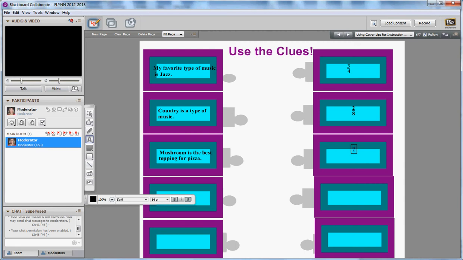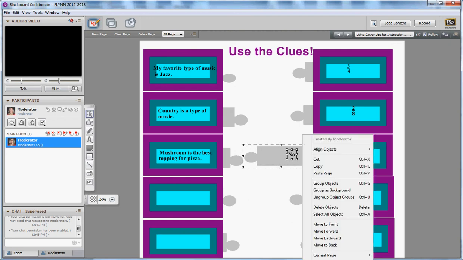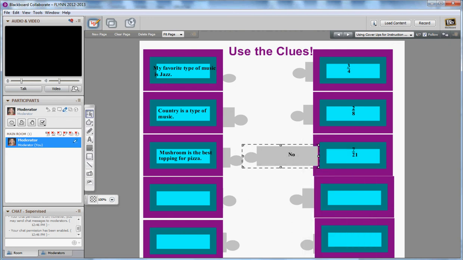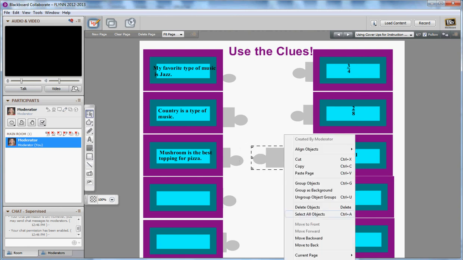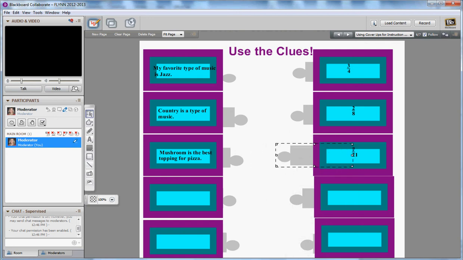Let's see, I'm going to say 7/21. Okay, then I'm going to go ahead and choose this tab, and the text would be no, this is not in lowest terms. Now I need to make sure that the text and the object are all one, so I am highlighting, right-clicking, group objects. Now they move together, but they're moving on top. I want it to move underneath, so I right-click and choose move to back,